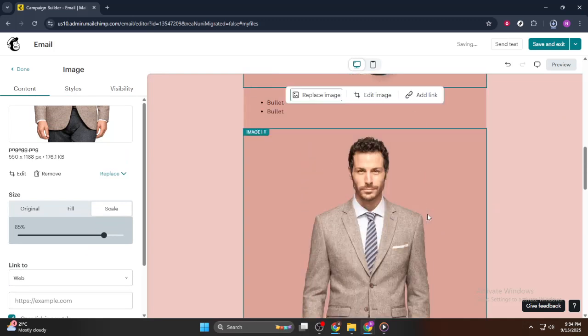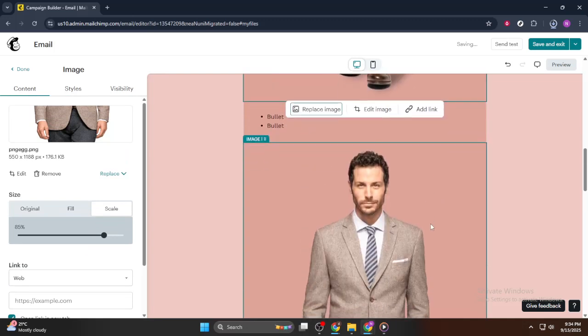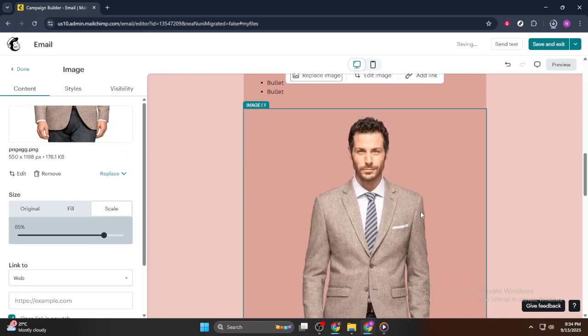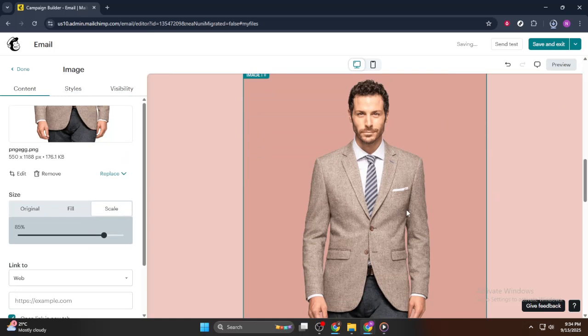Finally, once you're satisfied with your email design, it's time to wrap things up. You should see options to save and exit your work, or if this is a layout you'd like to reuse, opt for Save as a Template. Choose the option that best fits your needs. And there you have it, effortlessly incorporating images into your emails using Mailchimp's new builder. With these steps, you're well on your way to create